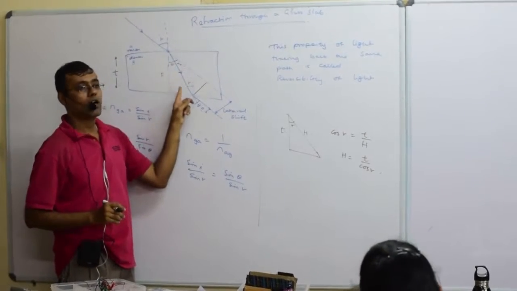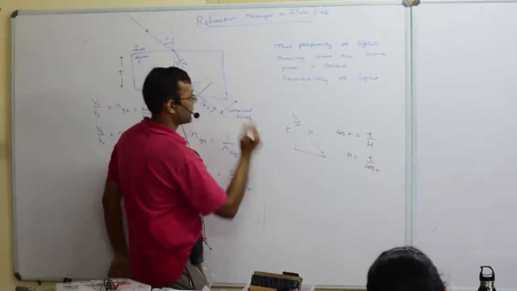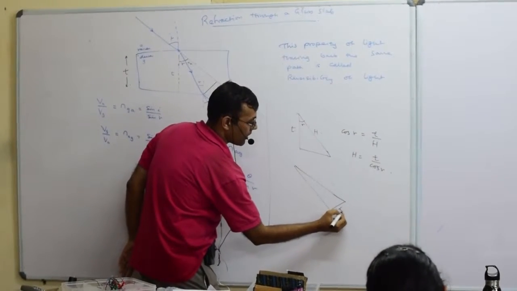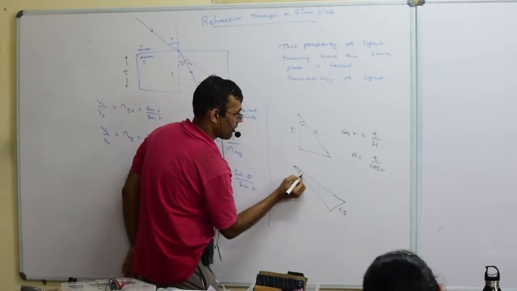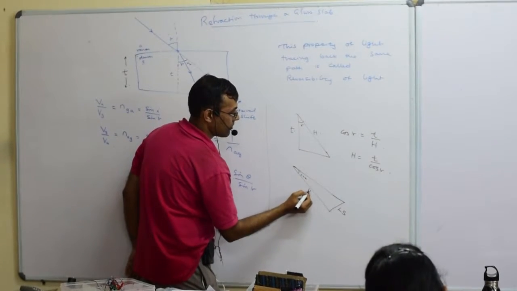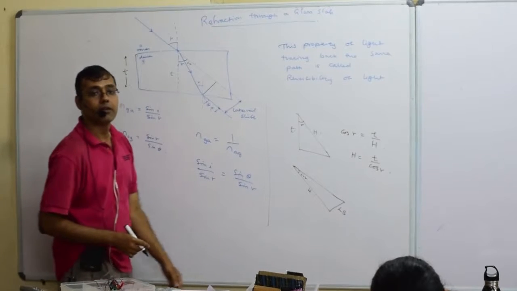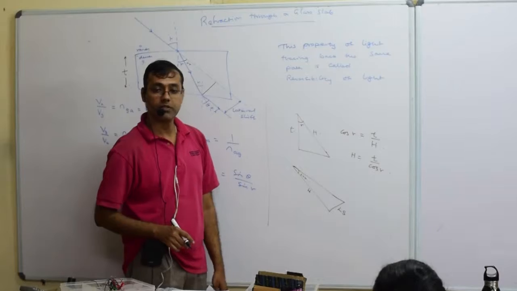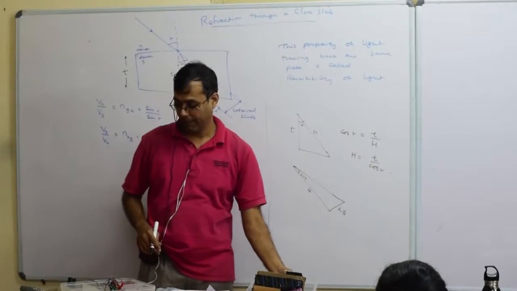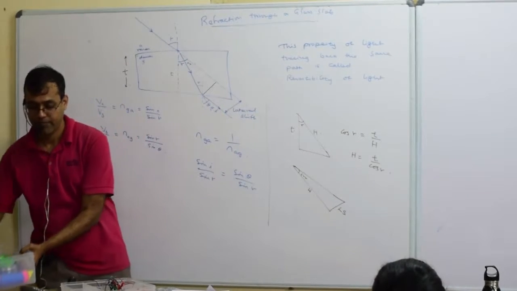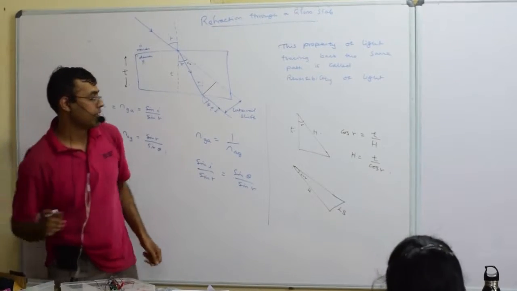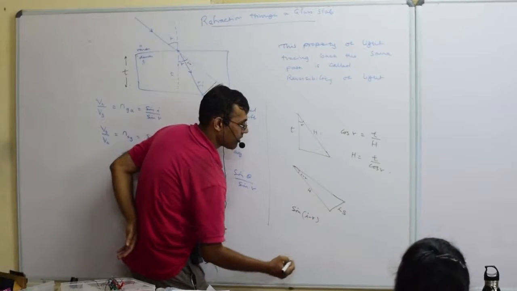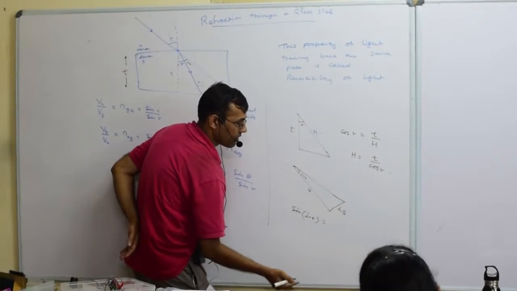So now I found the hypotenuse. So look at this triangle. This is my lateral shift Ls. This is my I minus r. This is h, right? So tell me how to find this one, Ls, the lateral shift. You can take sine theta, right? So sine of I minus r is equal to opposite by